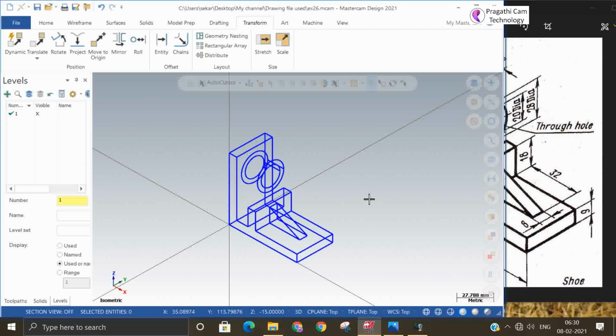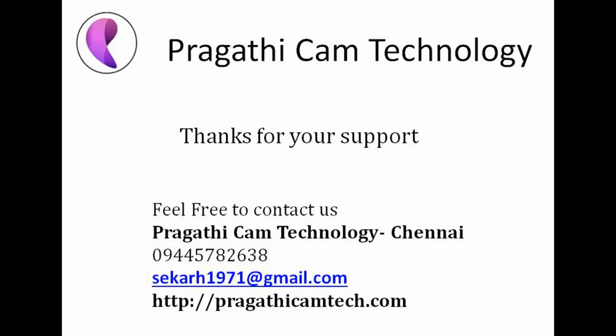Then from the front view I started my drawing, and from there I added material, and similarly I added the boss and the rib. Okay. So like this we have made the entire drawing. Thank you.